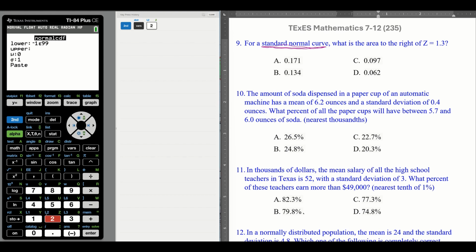To the right means this is our lower bound. So we have 1.3 enter, and our upper bound in this case is going to be our given